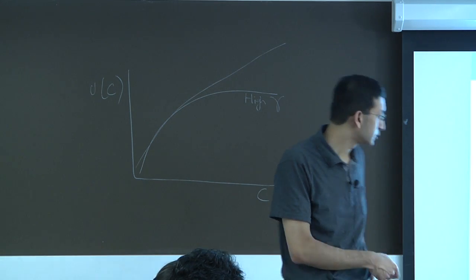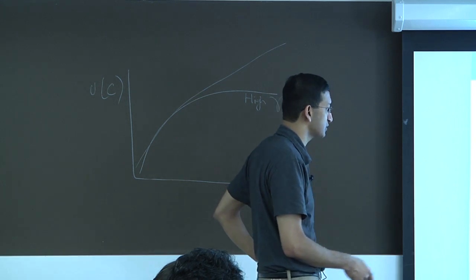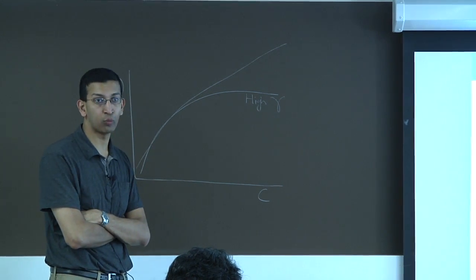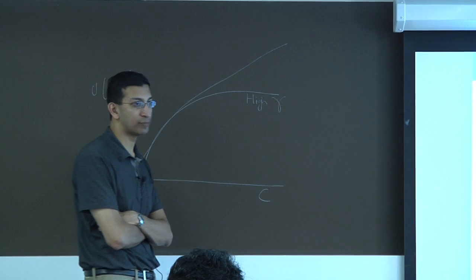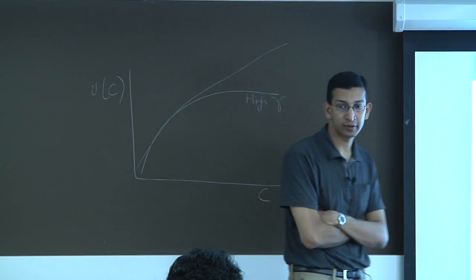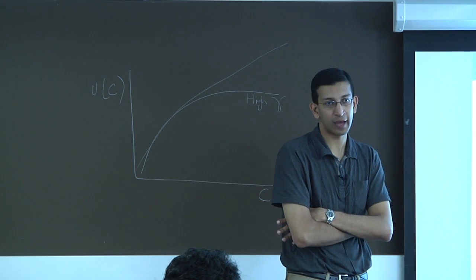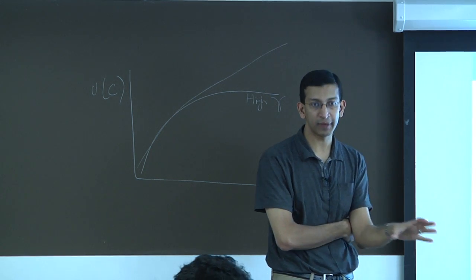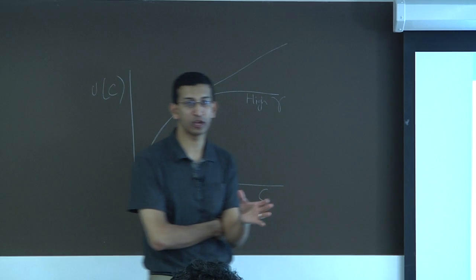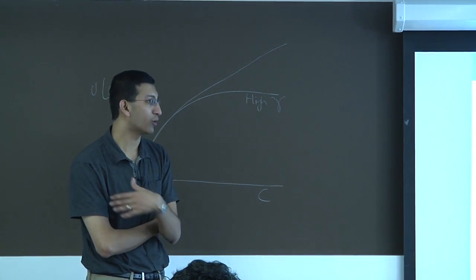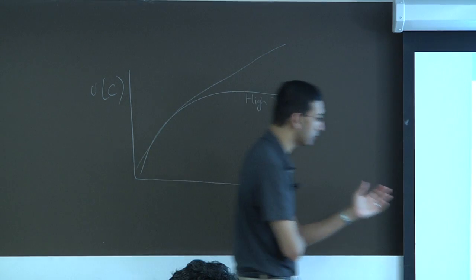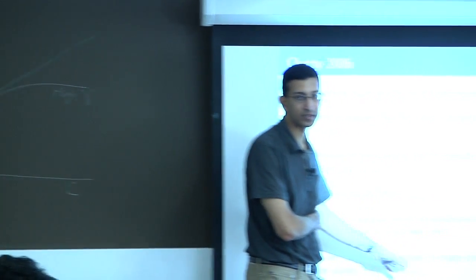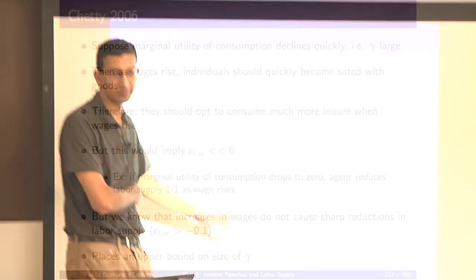Okay, so take the extreme case. If the marginal utility of consumption drops to 0, then the agent's going to reduce labor supply 1-to-1 as wages go up. So if I raise your wage by 10%, you're going to work 10% less because you're going to say, I don't need money beyond 100,000 or whatever. Okay, so people do not behave like that in practice in the data. When you raise wages, they tend to work more, or to take an extreme bound, if anything, maybe they reduce labor supply with an elasticity of 0.1, but that's actually being generous.